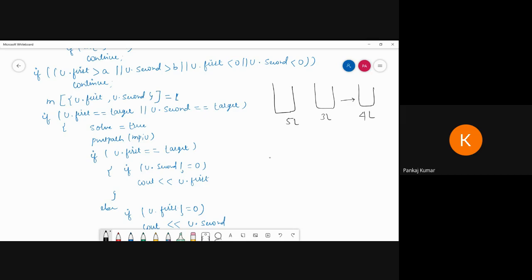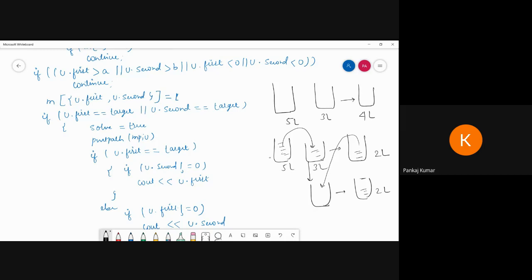Then first we can fill up the 5 liter and pour it into the 3 liter. After that, 2 liter remains. Then this 3 liter will be emptied, so now the 2 liter can be filled here. So it becomes 2 liter here, and here 1 liter is empty.